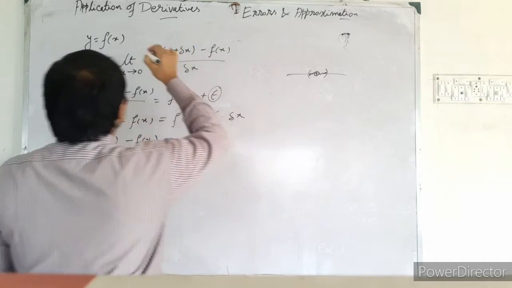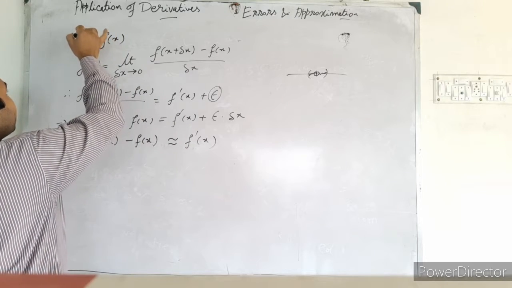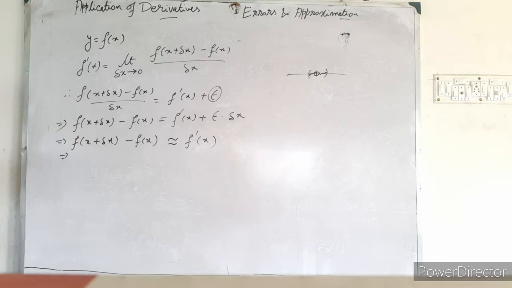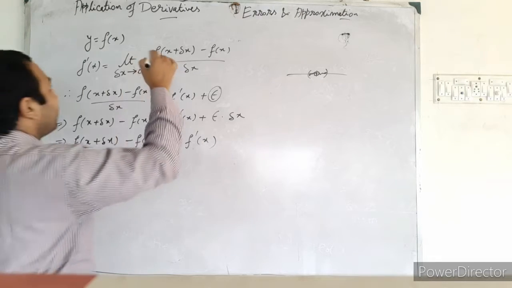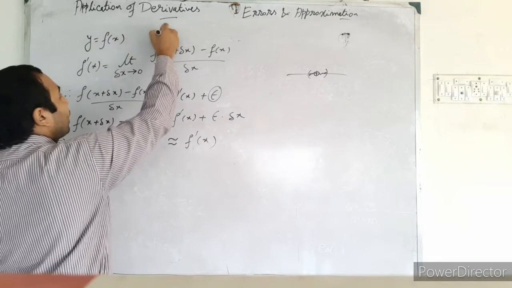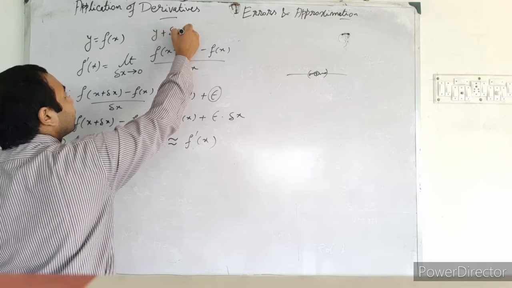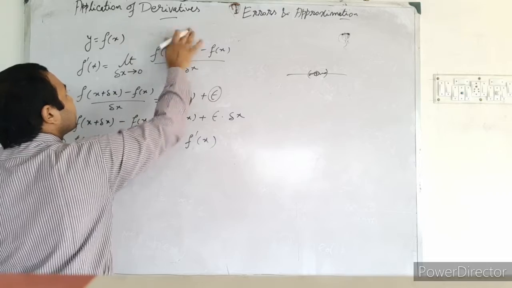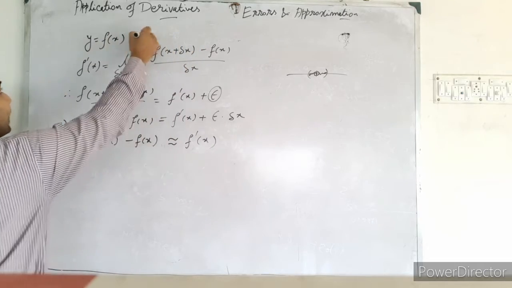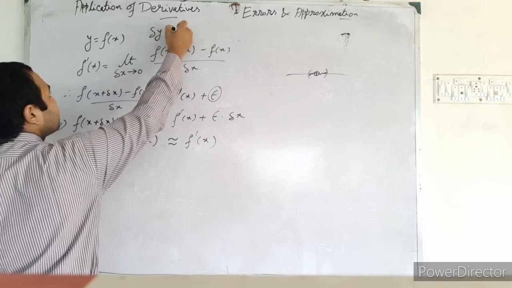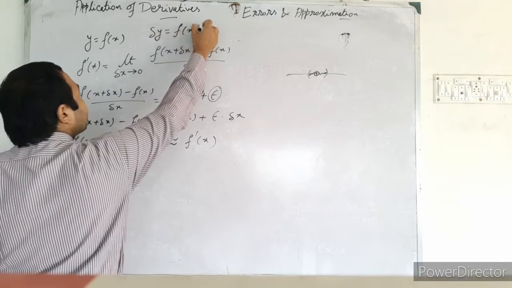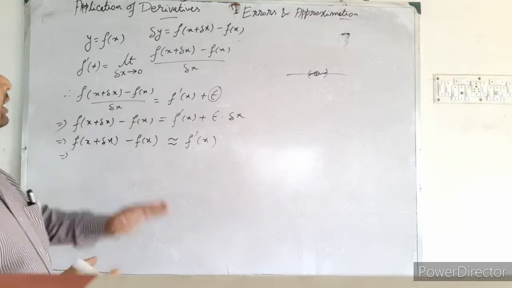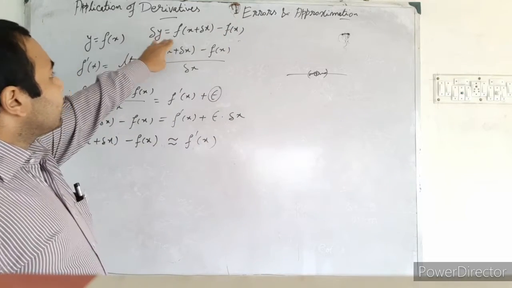So y equals f(x), it was there. So how can I write like that? That is y plus del y. I am writing here y plus del y, or you can say, actually I want to say that is del y. You know from here del y is equal to f of x plus del x minus f of x, because the increment of y is equal to the